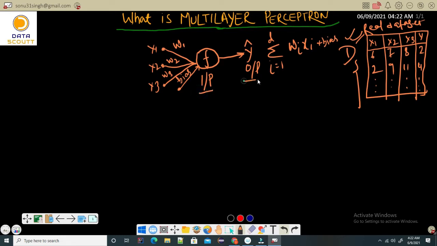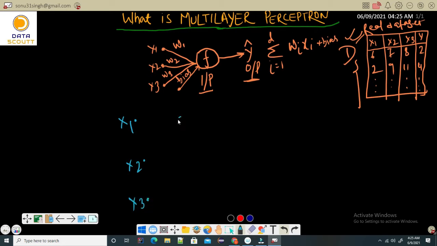After this single perceptron, the next question that came into researchers' minds was about neurons getting connected in a network. From there, multi-layer perceptrons came into existence. Multi-layer perceptrons depict the central nervous system, which we have seen in the first of our videos. Let's consider this data set itself. Let's say we have three features, x1, x2, x3, and y is our target. So let's have these three features, x1, x2, and x3.